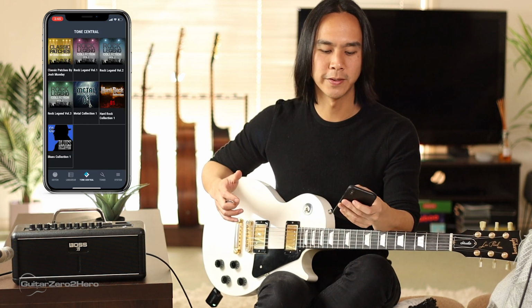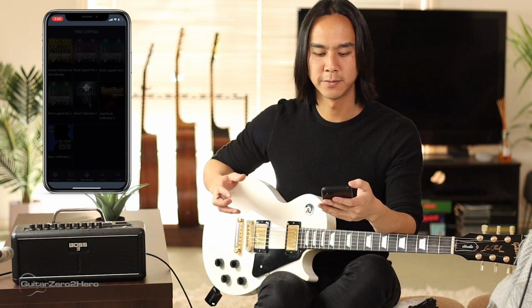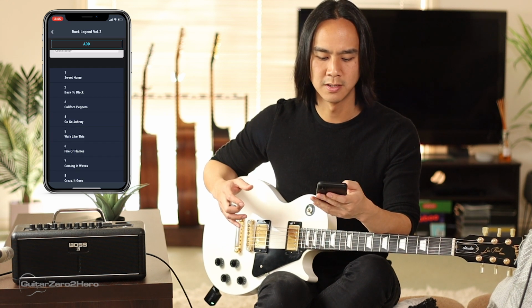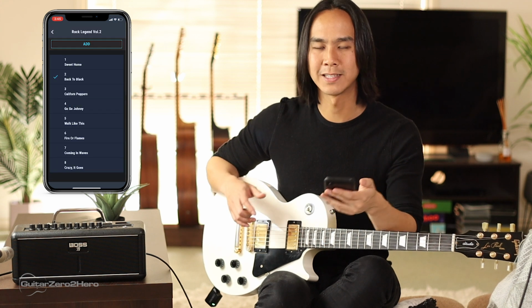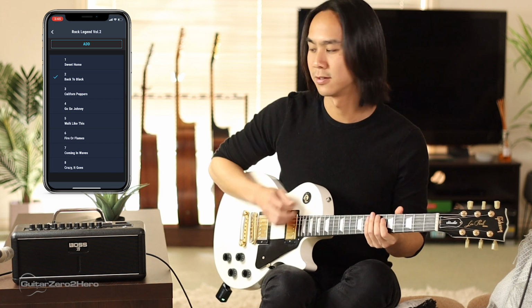Tone Central is a really fun place you can go, because you can go in and you can find patches that Boss have created themselves for well-known songs. So let's have a look at this. Back to Black. So that's supposed to be a play on words for Back in Black. So this should sound like